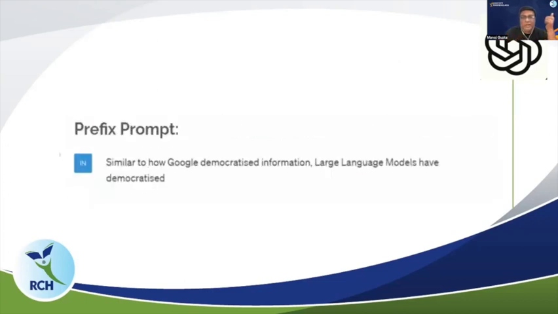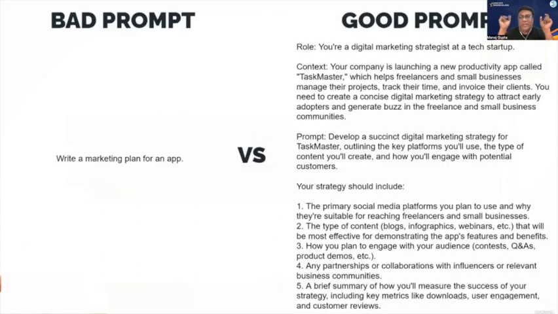OK. And now one other thing, as someone has asked about examples, here you can see the example of a bad prompt and a good prompt. As we have written here, right? Quality in, quality out. If you ask a quality question, meaning a quality prompt, you will get a quality response. If you ask a silly question, you will get a stupid response. OK. Here in this example, if I say write a marketing plan for an application. Suppose I have to develop a mobile application, and I am simply saying write a marketing plan for an app. This is the bad example. This is a bad prompt because it does not give any information.